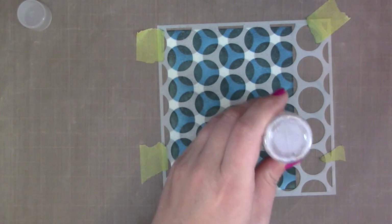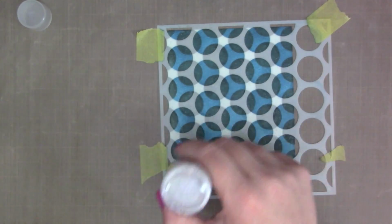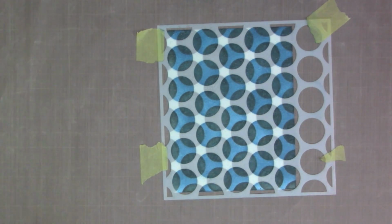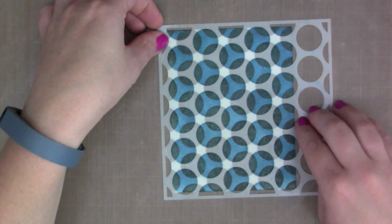So I'm just taking my time and dabbing this over all of the blue circles that we've just inked up, and I'm just making sure that I don't miss any because I want to have it completely covered, and once I take the stencil off it'll be a little bit harder to reposition it back on. So once I have it all completely covered, I'm just going to go ahead and gently remove the stencil because